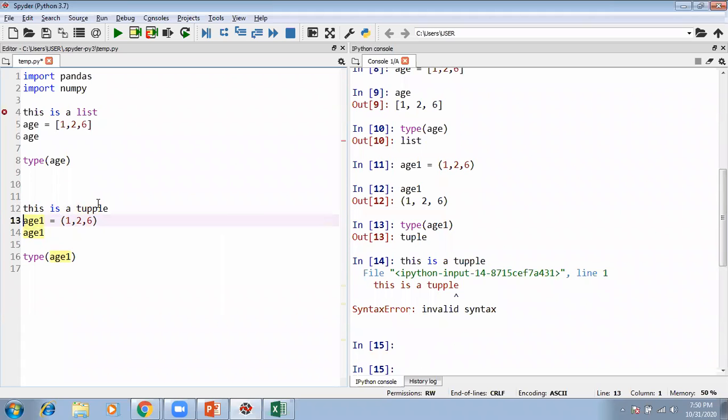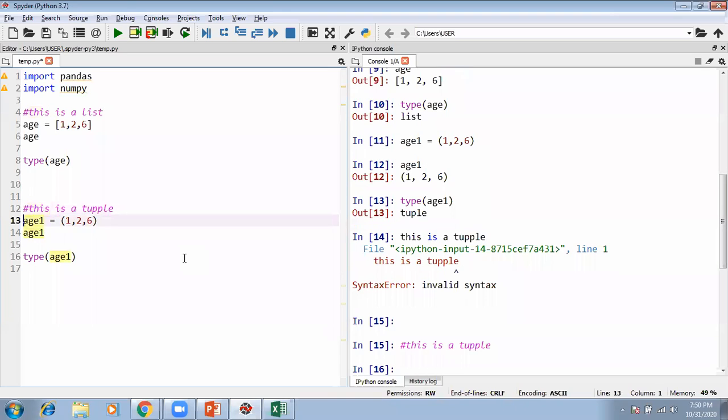So I want to make Python understand this is not a code, this is a comment. So in order to make it a comment, you put a hash sign on the left hand side. See, the color is also changing. That means now if I execute it by mistake, it's not going to give me any error. Python understands it's a comment.